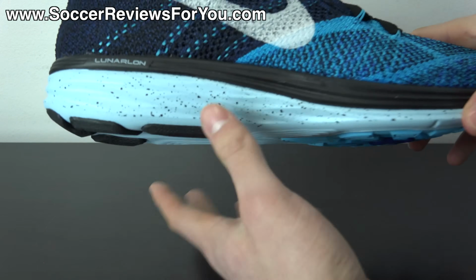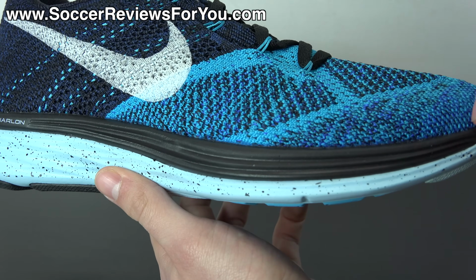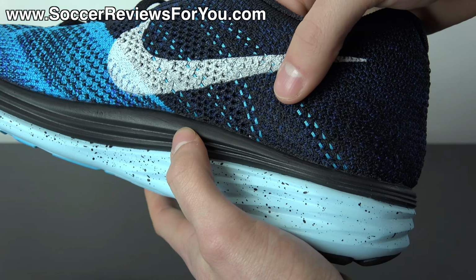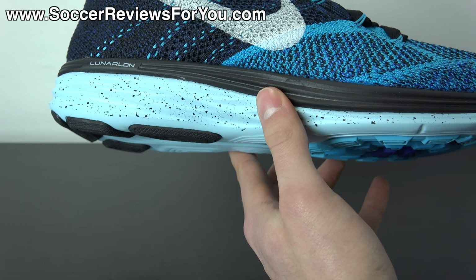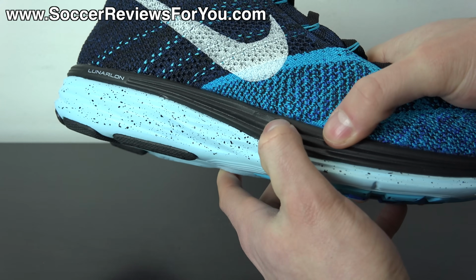And then moving on to the outsole, you're going to find their Lunar Lawn cushioning system, which is actually going to be the black foam. So the black top layer of the actual sole itself is that soft Lunar Lawn foam. It's very responsive, it's spongy. We obviously see it in the Lunar Gato 2 line from Nike, or the Lunar Gato line in general. Lunar obviously standing for Lunar Lawn. And it's a foam that